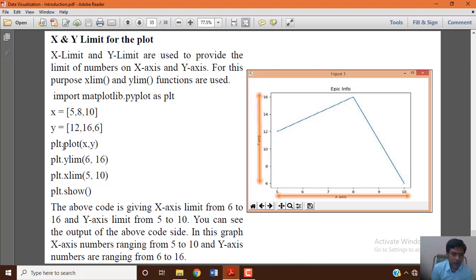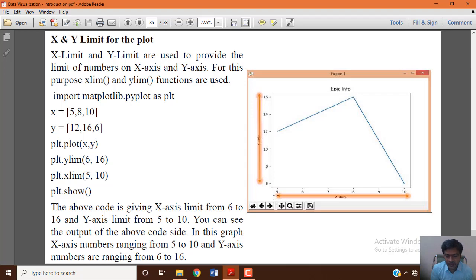You can see the plot as usual, with a set of sequences on the x and y axes. The y limit is 6 comma 16, where the minimum value is 6 and the maximum value is 16, and the x-axis limit minimum is 5 and maximum is 10. According to that, based on the limit, your axis starting value and end value, the lowest value and maximum value, that range limit will be shown clearly with the line in the graph.